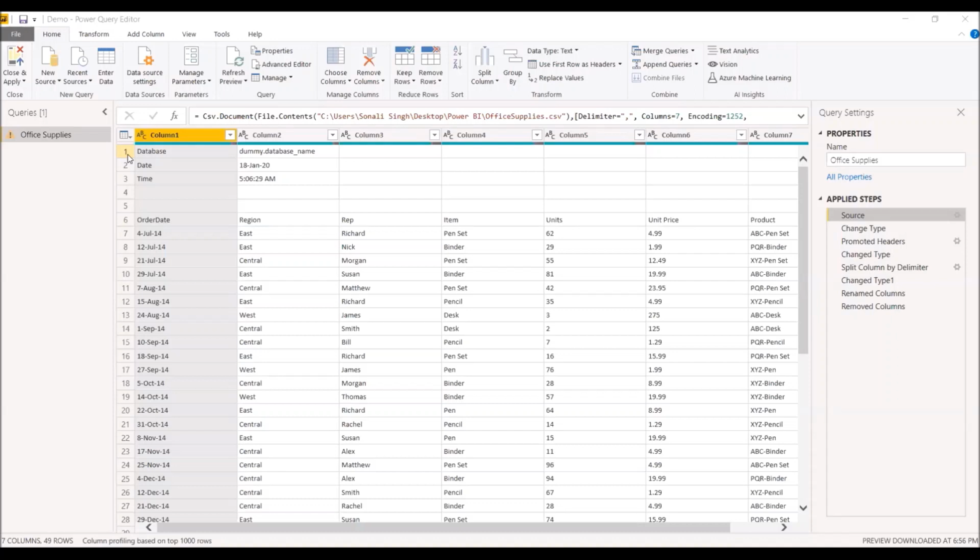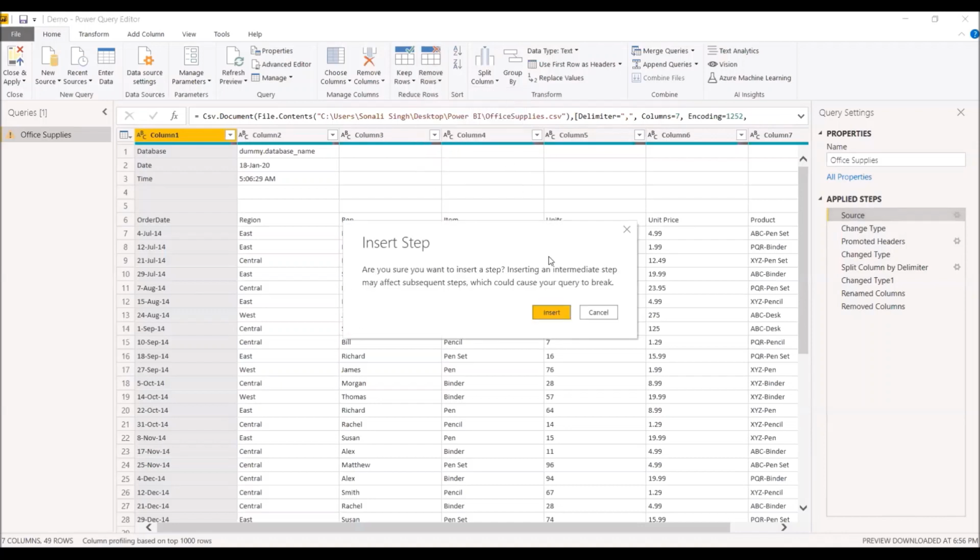So to delete these first 5 rows or any n number of rows, what I do is I go to the remove rows tab, which is in home. When I click over here, I get different options, like you can remove top rows or bottom rows or alternate rows. Here I have unnecessary rows which are in top only, so I'll choose top rows, and depending on the case you may choose either bottom rows or alternate rows, or you can even remove the duplicate rows.